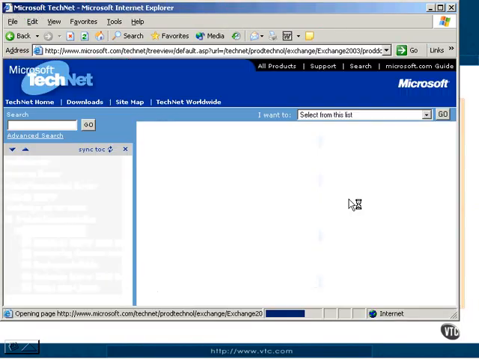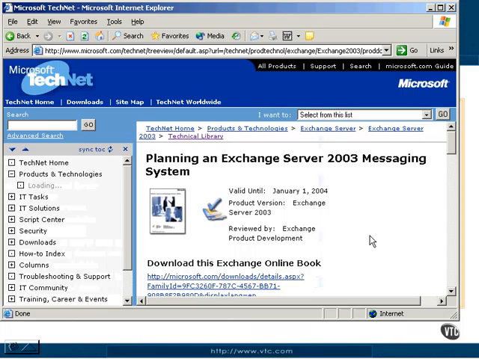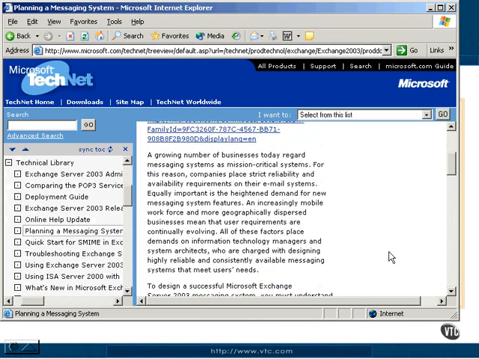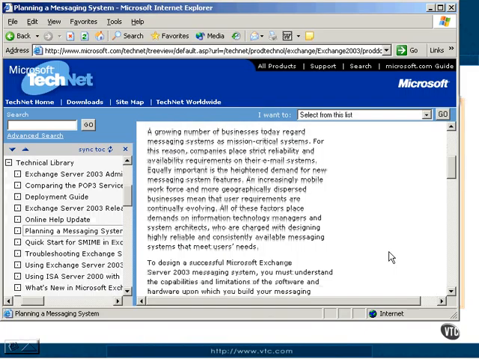Notice Planning and Architecture. I'll use this one for example. Planning an Exchange Server 2003 messaging system. This can make you a hero down at the office. Notice this is an online book that Microsoft has put out, and it's telling you how to. They're telling you here, notice 141 pages. So if you download this thing, and I believe this is in Word document format,